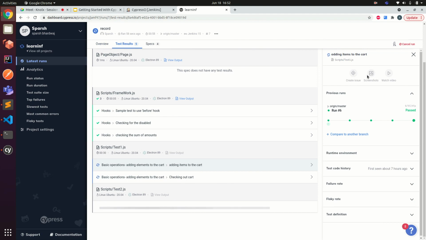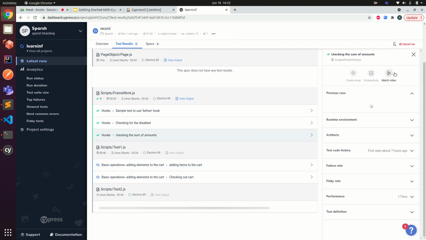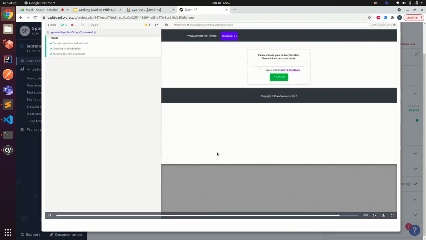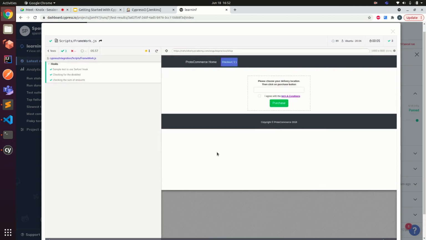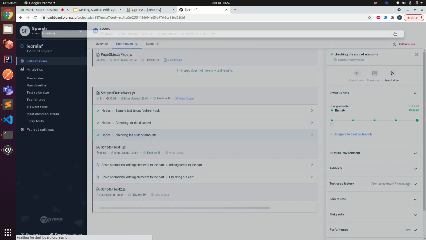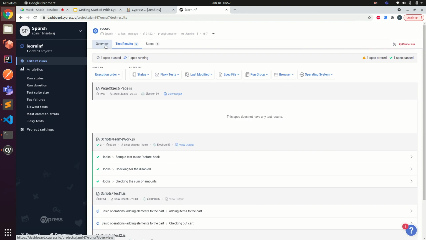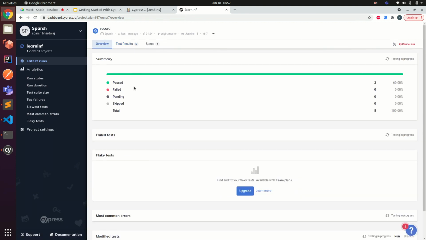The instant that the test has failed, Cypress will take an automatic screenshot at that point, and obviously we would have the videos for every execution. Anyone having access to this dashboard can see all the things that have been executed over time and currently being executed.